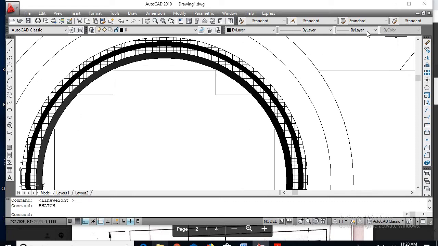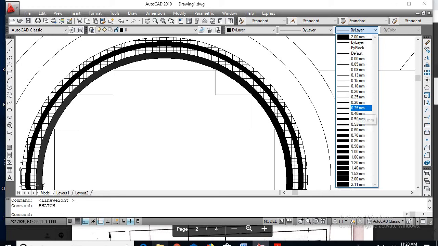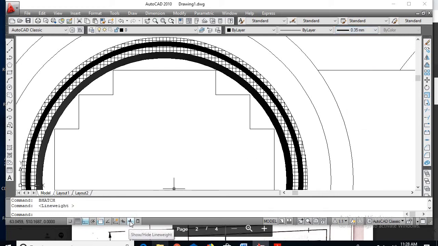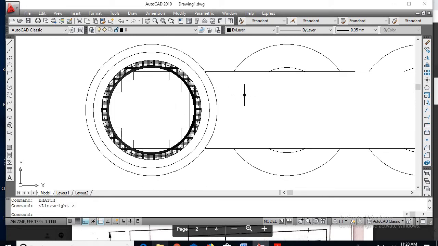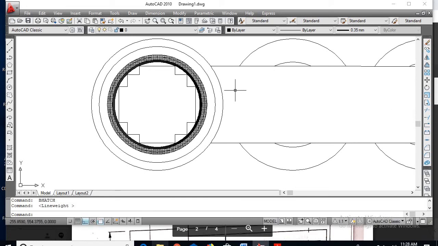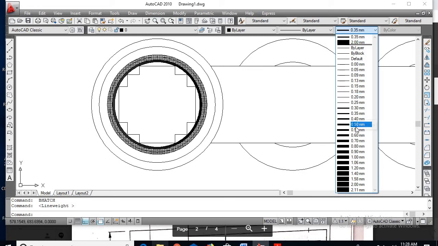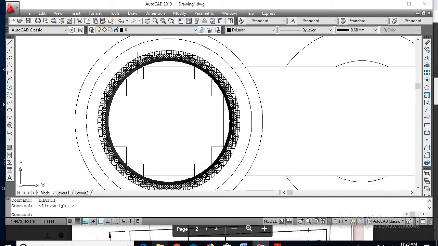Okay, it has become too big. Go for 0.6.